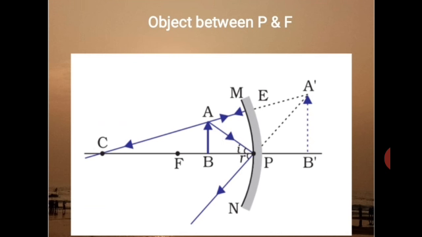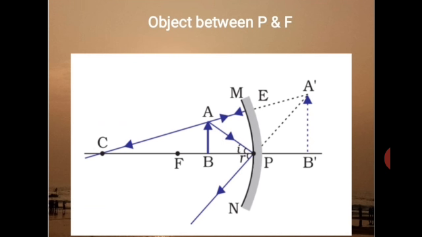In such case, we extend the ray in the backward direction. So that is shown by the dotted line drawn on the right side of the mirror. These dotted lines imply that the light rays are actually not meeting at a point, but we are extending them. It is imaginary, and we see where the rays will meet. So these dotted lines meet at point A dash. Where the line meets is the position of the image. So we have A dash B dash formed on the right hand side of the mirror.